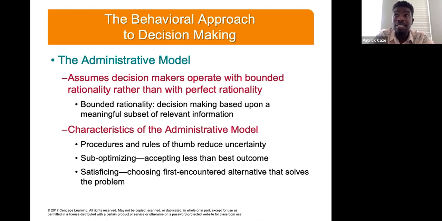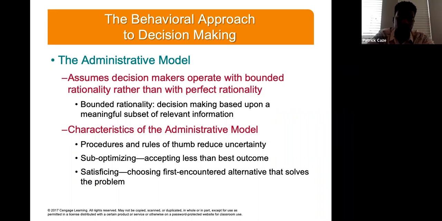But you can still make decisions based on that information because you're thinking that maybe it might be relevant, it might have some impact, but you don't know, right? When you're talking about the administrative model, we have an idea of what's relevant and what's not, and so we're going to make decisions based on the relevant information and discard those things that we know for sure don't have any impact on our decision making, right?